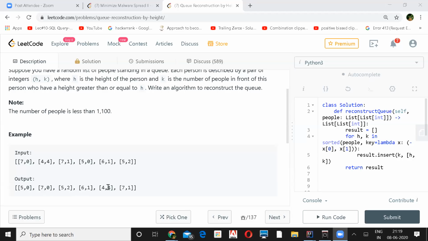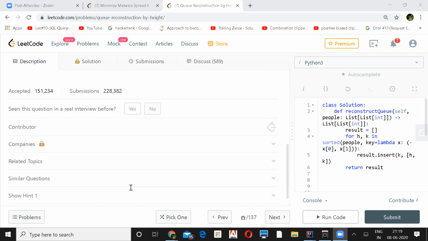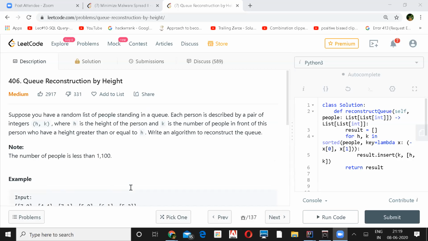For 4,4, the index is 4, so 4 elements should be greater on the left side of this. And for 7,1, one element should be greater than or equal to, that is 7 you are having here. So any queries here in the question?